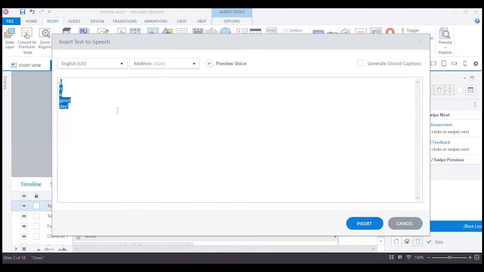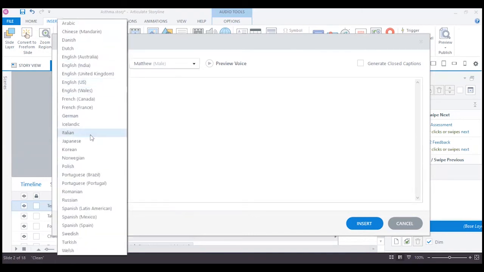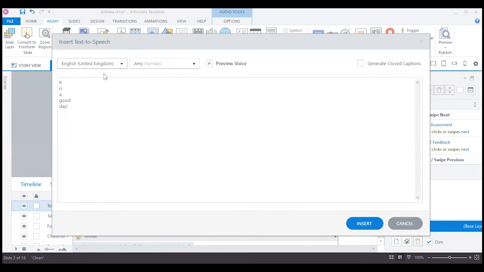So if I select the script and I go to the language option, and if I want to select English with a UK accent, that is United Kingdom, I can select that. And it automatically changes the other option that is based upon how many voiceover options I can have in regards to English with a United Kingdom accent. So if I select this option, I can see that I have one male voice option and I have two female voice options. So now I can insert this file.